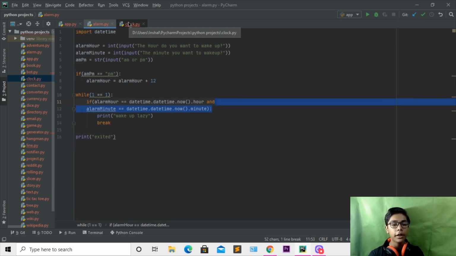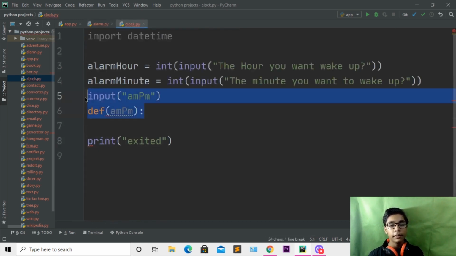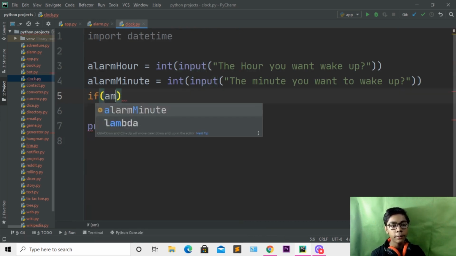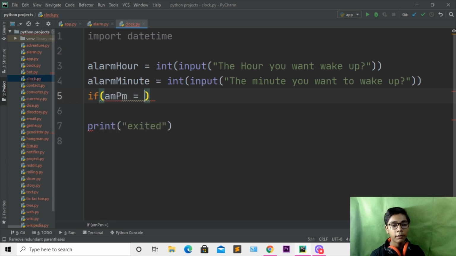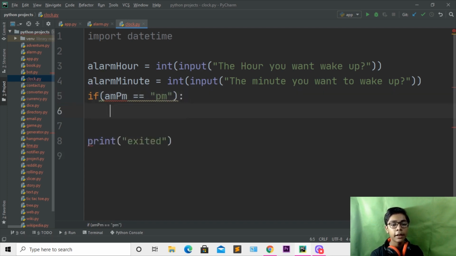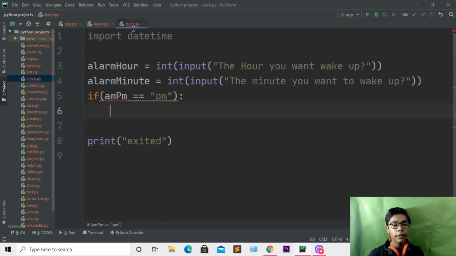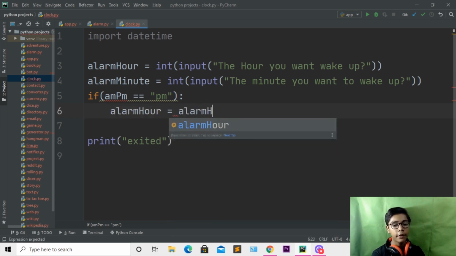Here I will be raising that and writing if, and I'll be writing AM PM equal to. You have to write 2 equals. If you write 1, it will give an error. So I'll be writing that, then coming underneath and writing, as I show you, alarm hour equal alarm hour, because we have to define alarm hour here, and here I'll be writing equal alarm hour,